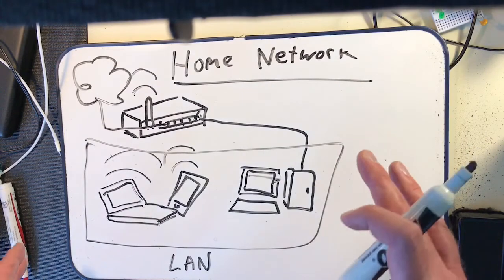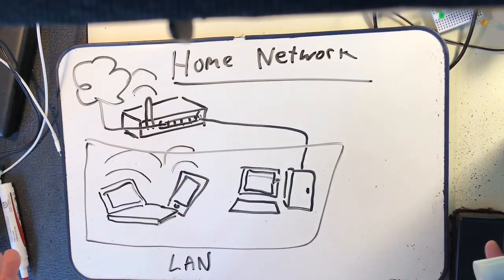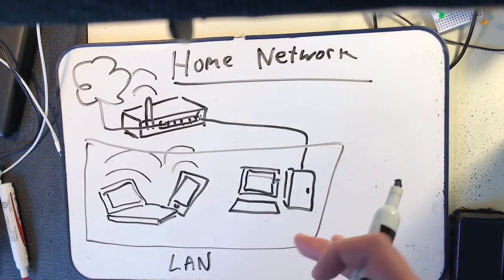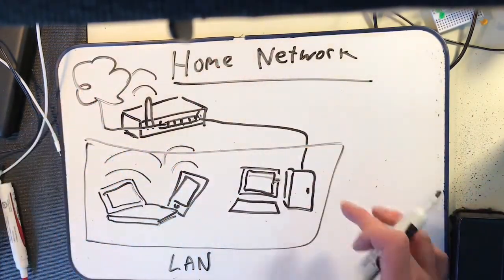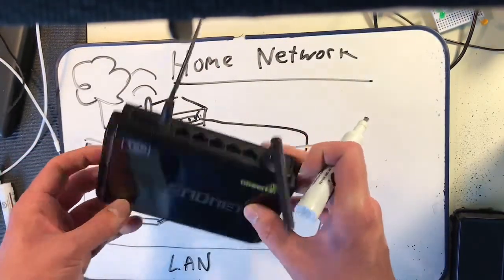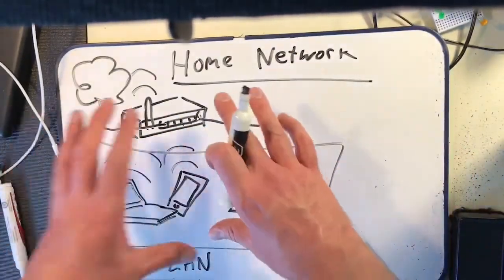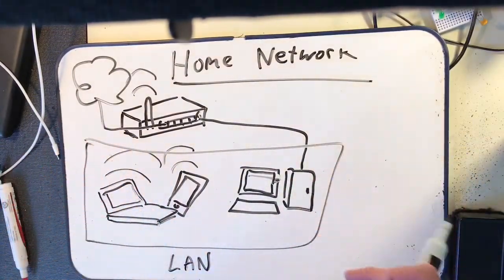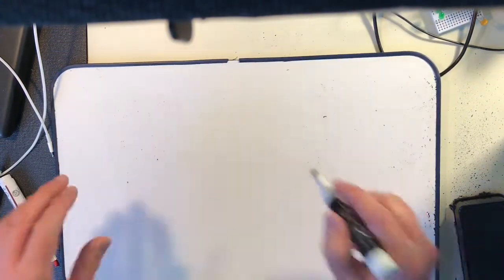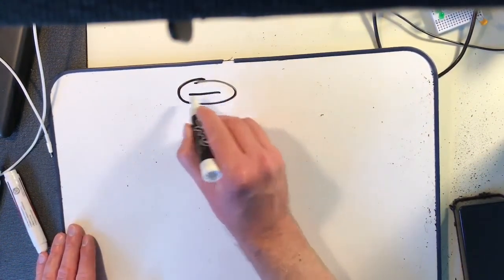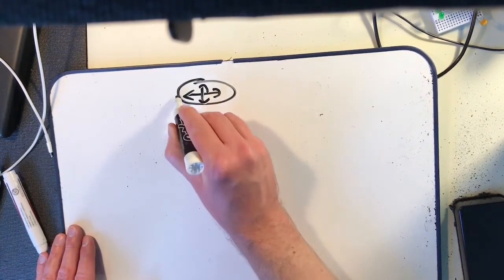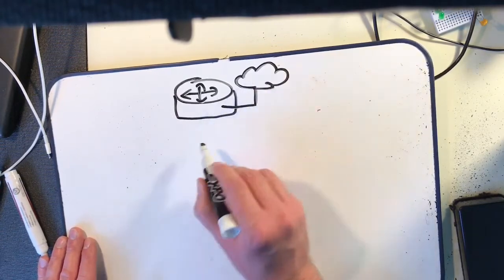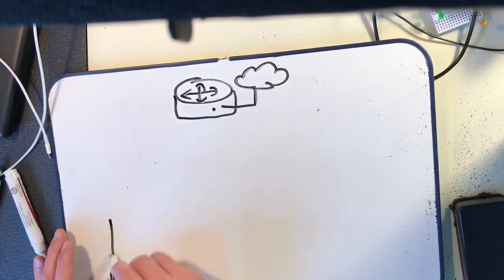Instead, what you want to do is define it a little bit better, and in this case, to really understand how that works, I'll have to change the example up. I'm going to be splitting this device up. This is actually a combination of several devices, and I'm going to be splitting those devices up into a more pictorial form that's easier to interpret. All right, so for your general network, you would have a router, and this would be connected to another network or the internet, and you would have also